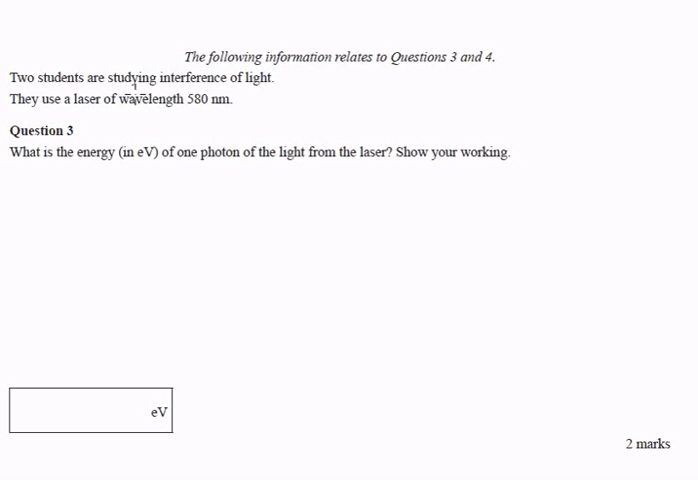Two students are studying the interference of light, and they use a laser of wavelength 580 nanometers. So that's our wavelength. What's the energy in electron volts of one photon of light from the laser? Show your working. Okay, because we've been given the wavelength, the two formulas we have for energy of a photon,